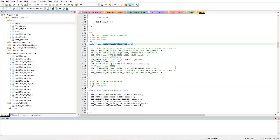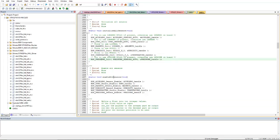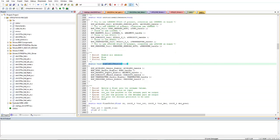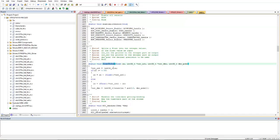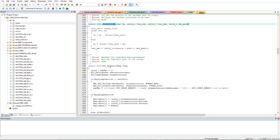Then this is initialize all sensors. You see here, it is just calling the board support package: accelerometer initialization, gyro initialization, magneto initialization, and humidity, temperature and pressure initializations. You don't need to write anything. You just need to understand how to call these functions from a library. Here, enable all sensors just calls the BSP support package functions, then float to int conversion, RTC handler,